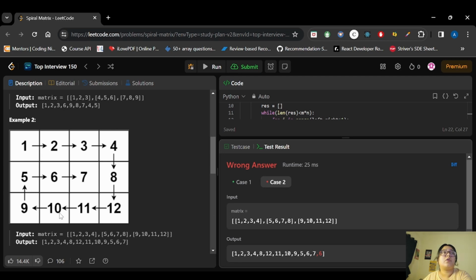Then we go to 11 10 and 9. After that we are printing 5 6 and 7. Now we are not coming here because the top and bottom values are contradicting, so we are not moving this side, but this 6 is getting printed again. Why? Because the left value got increased to here, and the right value got reduced to this one, right? So this 6 is getting iterated once again and printed again.